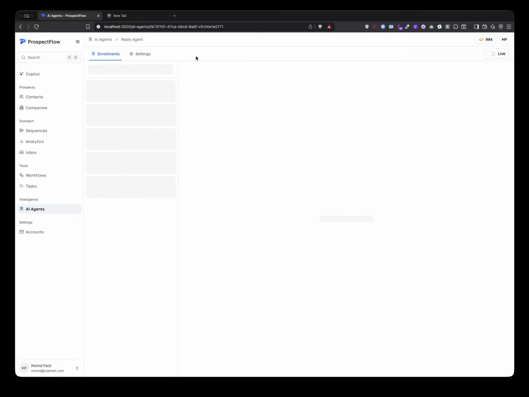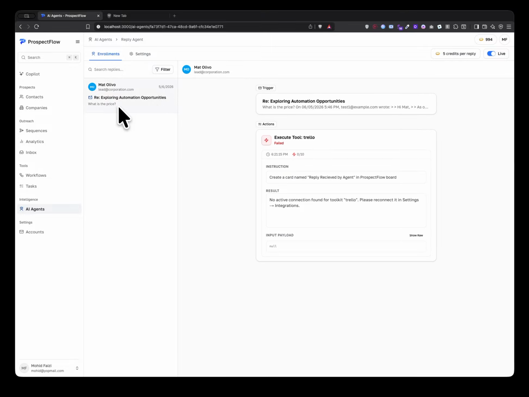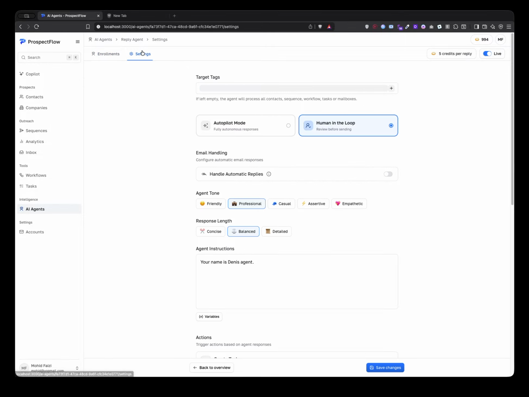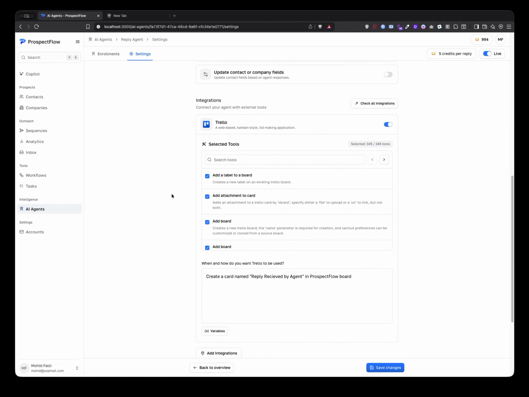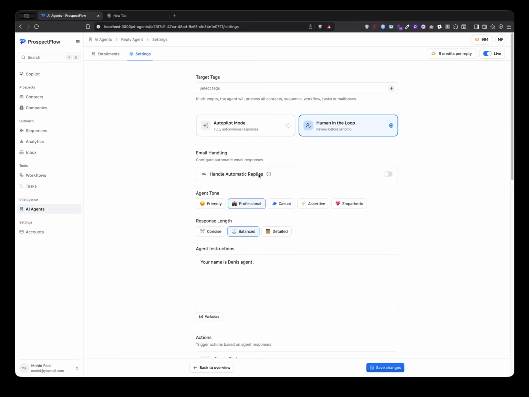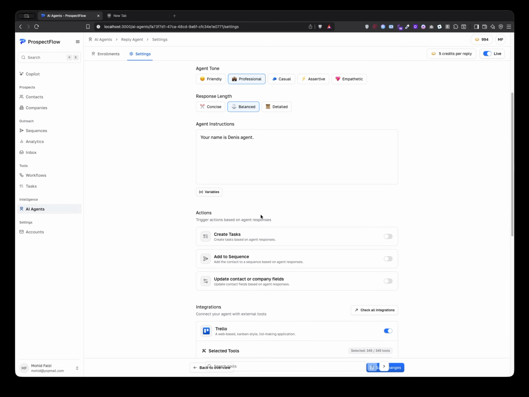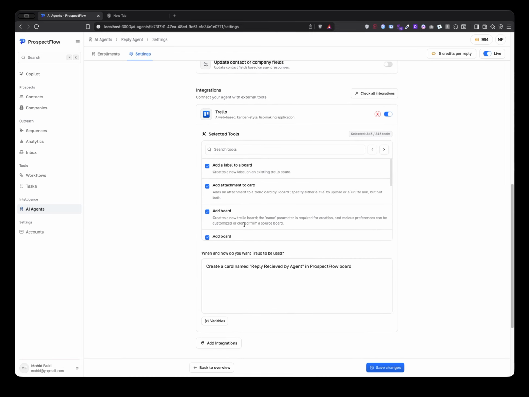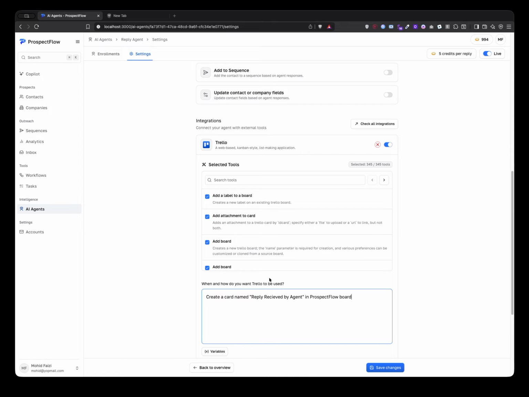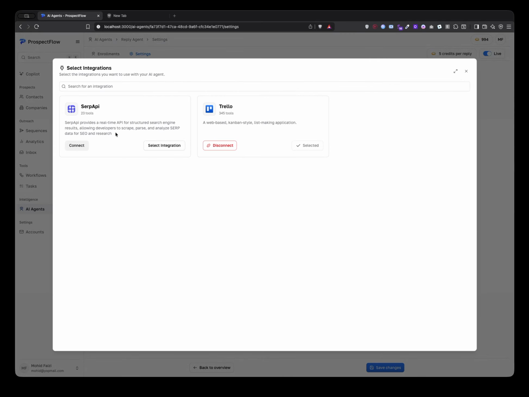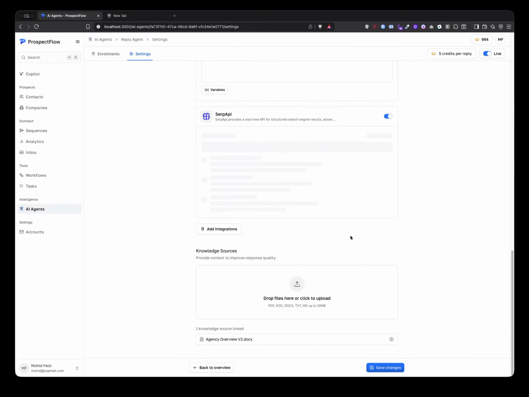You can click on that, and so what this agent does is whenever you receive a reply, it will automatically do tasks on the basis of that reply that you have received. So for example, it will not only create the reply but also do the third party integration task. Like for example, you can select an integration, give it a prompt. Let me show you. So if you want to select, for example, here you will also see HubSpot and other integrations. I can click on this SERP API integration, click select, and then